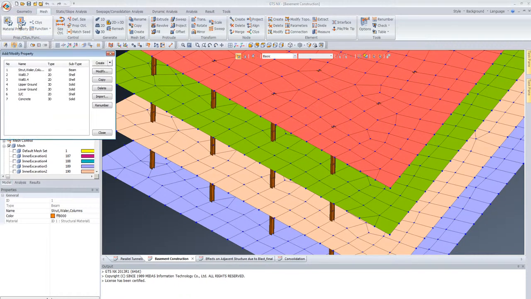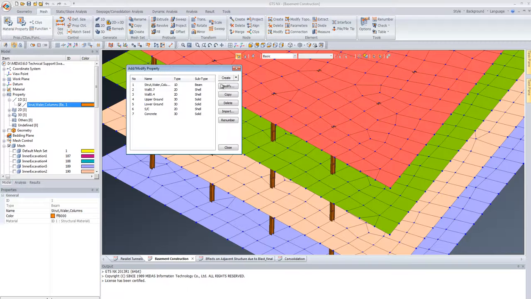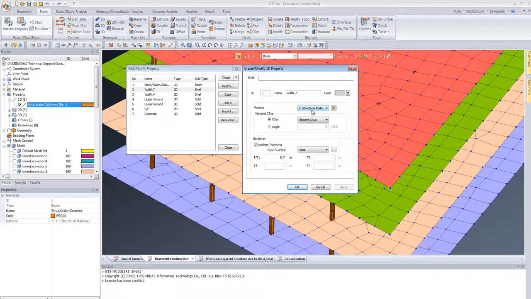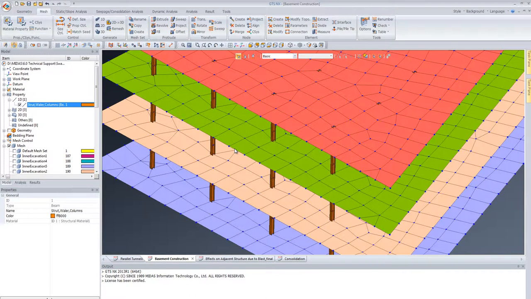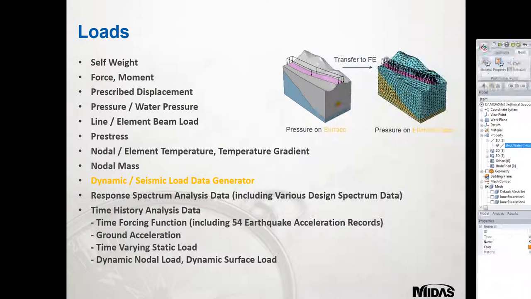So just look at some of the properties and some of the elements, so we can modify some of these or create them. We just want to quickly modify one of the wall elements, and this is the structural material, so we can change the values for the thickness. Just to clarify, the model includes the full structure-soil interaction and the nodal connectivity between the elements and the soil layers. I'm just going to take you back into the PowerPoint presentation to go through the